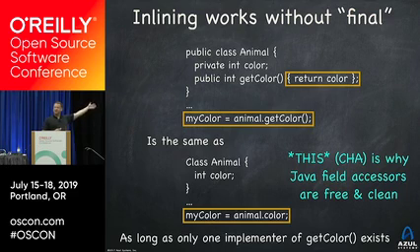Okay, so this is what happens if there's only one implementer in the universe, right? But what happens if that changes? Suppose I introduce a chameleon into the picture, and a chameleon computes the color based on the branch it's sitting on. Now I have two implementers of getColor. This assumption that there's only one implementer is no longer true. Before I can load a chameleon class, I will get rid of this code. So before the class is introduced into the known universe, any code that would have contradicted its existence has to go away. That's called de-optimization.